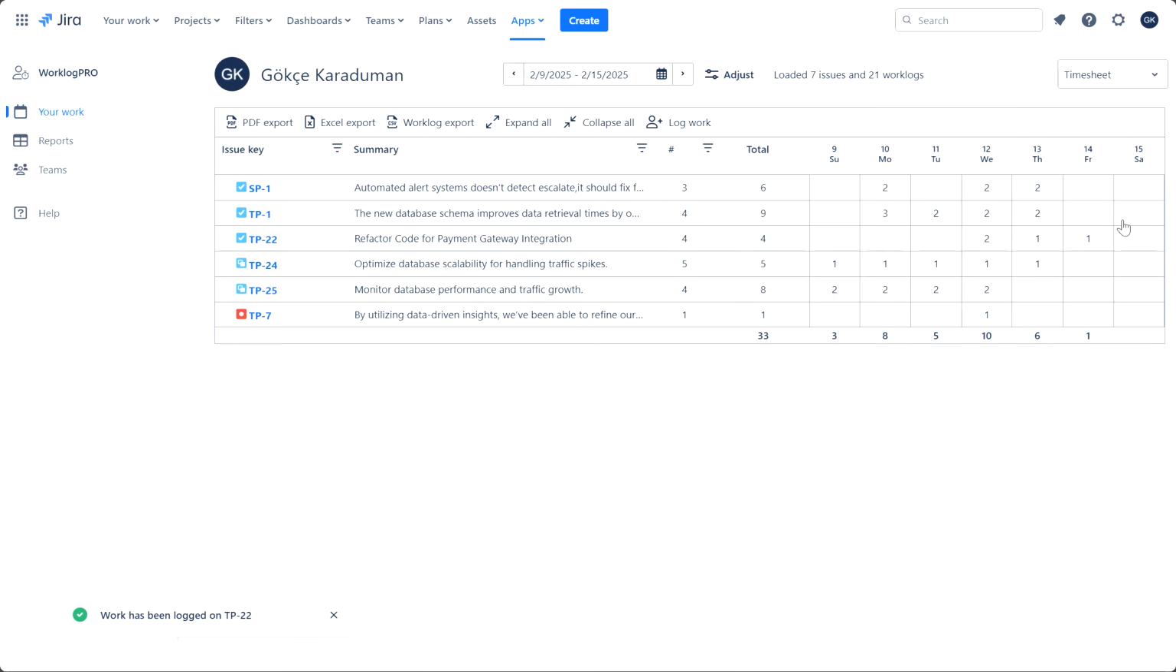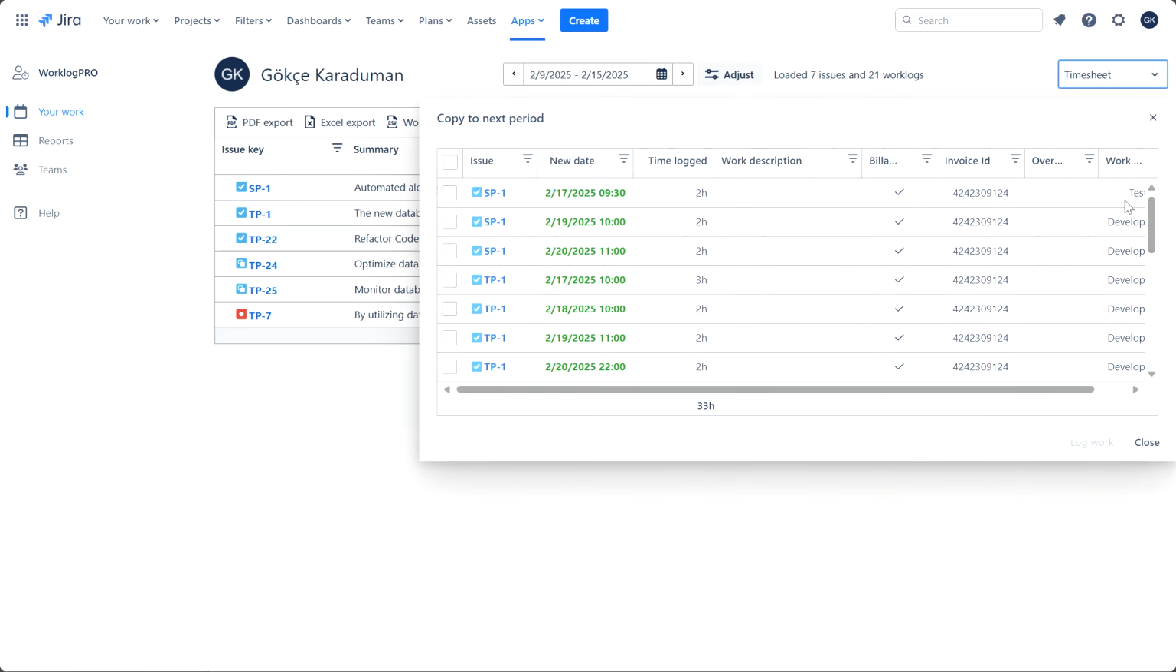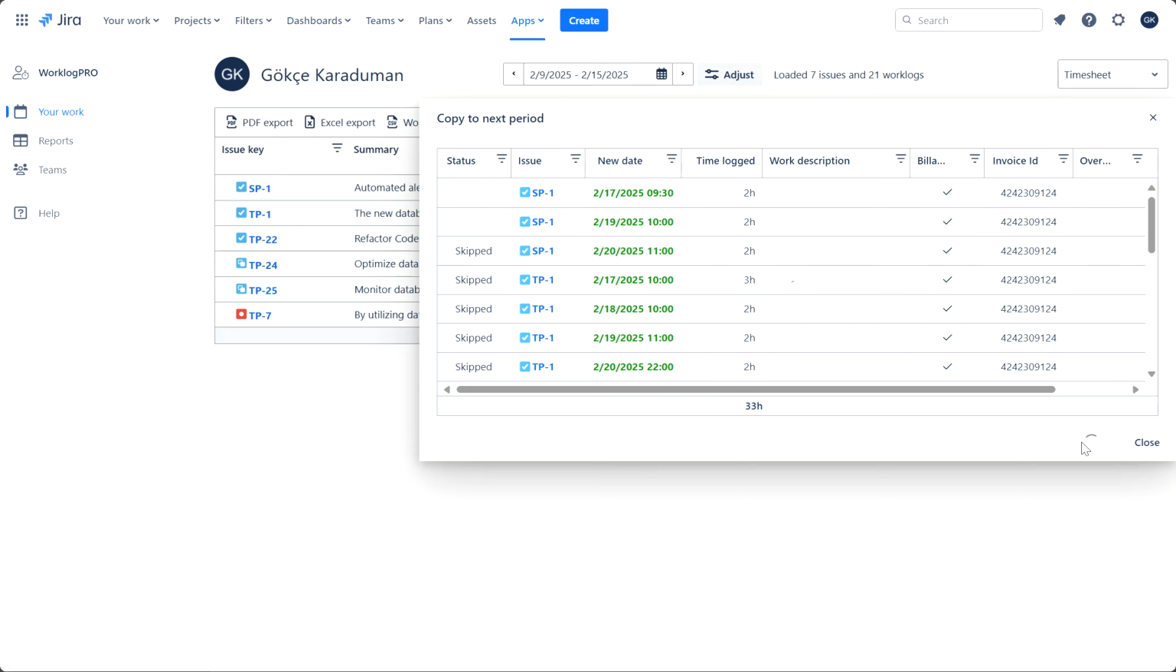If you'd like to copy some of your worklogs from a specific period to the next one, simply select the Copy to Next Period option from the Select box in the top right corner. In the dialog that appears, choose the worklogs you want to copy and click Log Work to finish the process